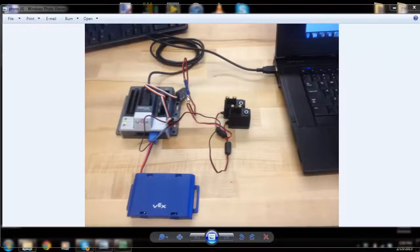I'm creating a quick video so you guys can connect and download the firmware to the Vex microcontroller, and our objective is to control the speeds of two motors. So what I want you to do is get your battery connected to your Vex Cortex, and then